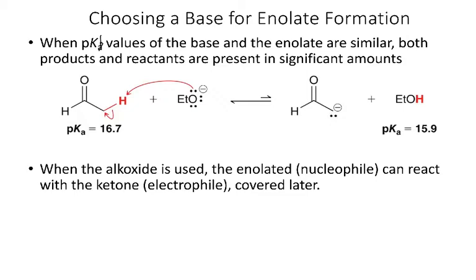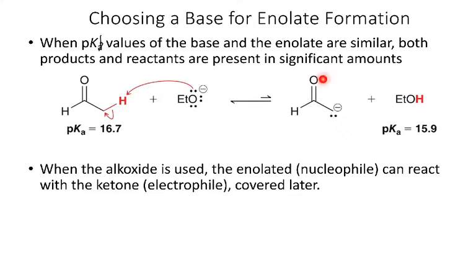And so we can think about the stability or the pKb's of the base and the enolate, or we can also look at the pKa's of the aldehyde, ketone, enol, and the conjugate acid of the base that we're using. Whichever one we look at, in this case the pKa of our aldehyde is similar to the pKa of ethanol, which is the conjugate acid of the base that we're trying to use. And so in general, sodium ethoxide or sodium methoxide or sodium hydroxide are not strong enough bases